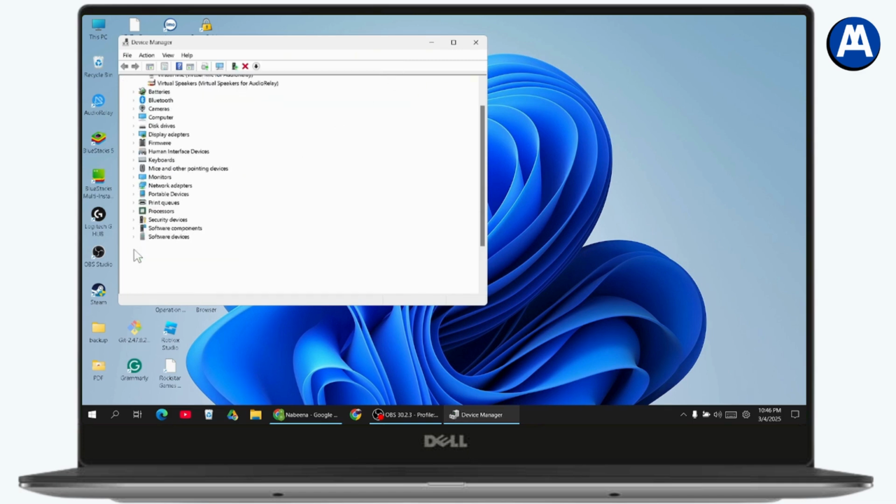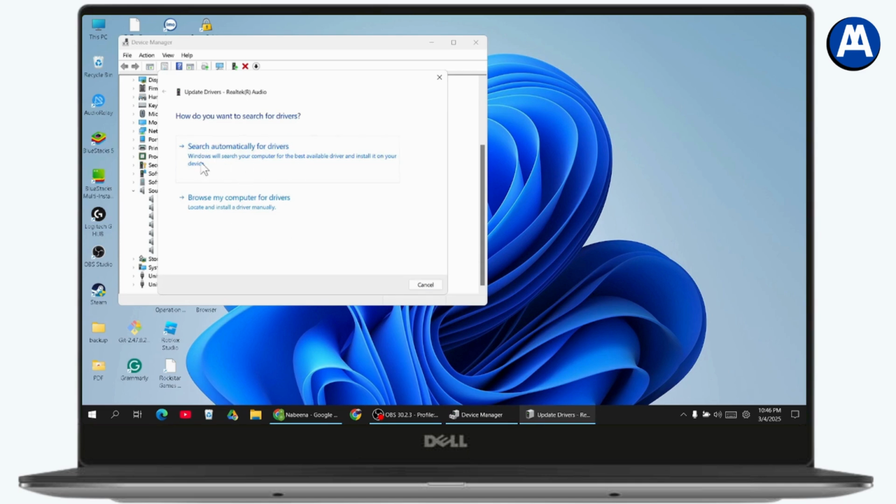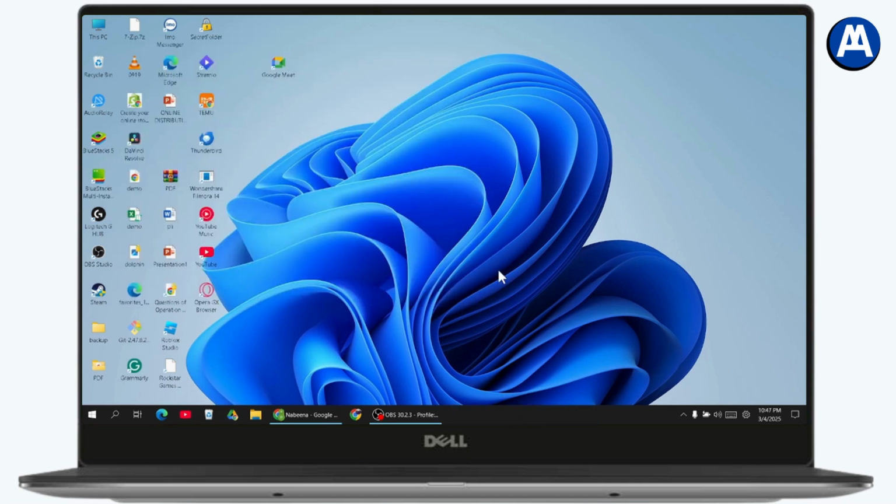Or you can also go with sound, video, and game controllers. Here also you can simply go with the audio device that you are using, right click on it and then go with update driver. And after updating the drivers, your problem might be fixed. So once you're done with all of these, simply restart your device. After restarting, you'll be able to